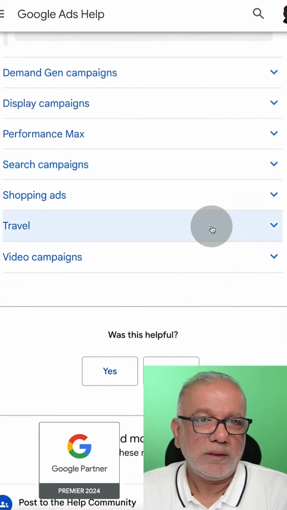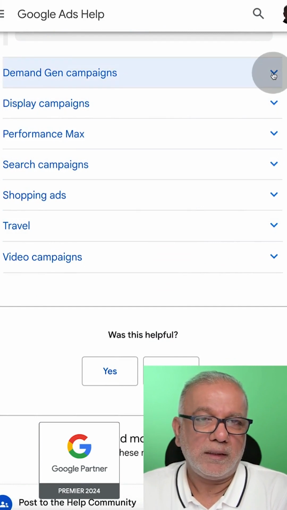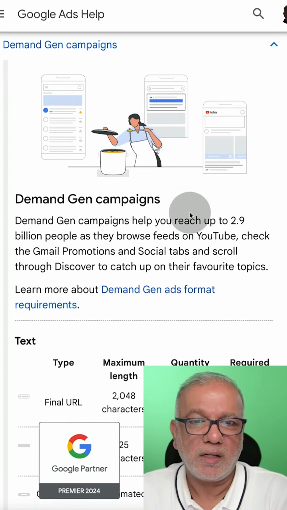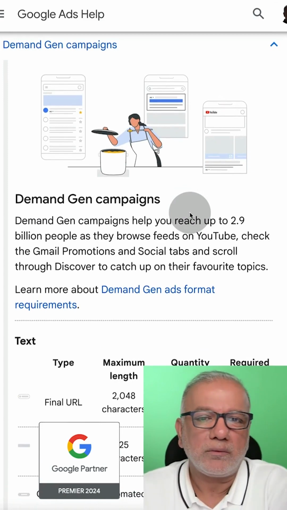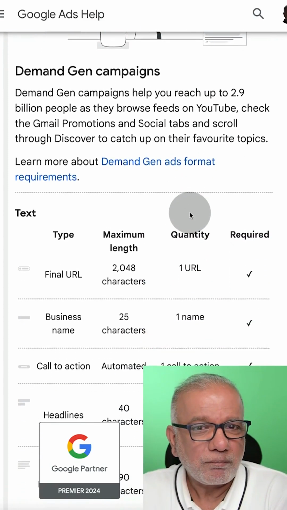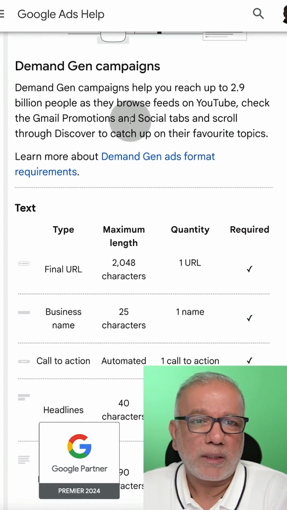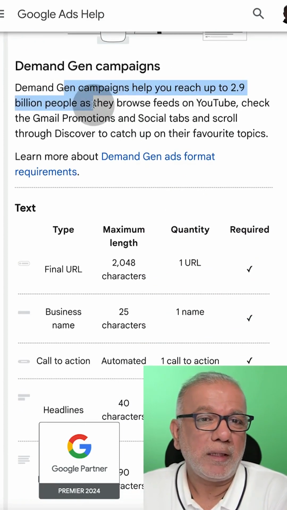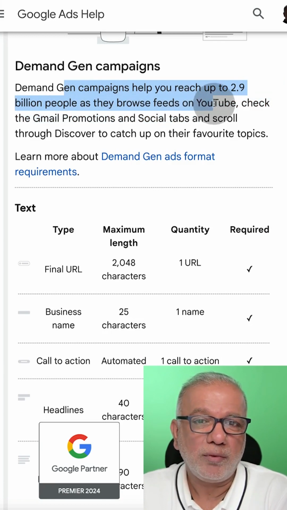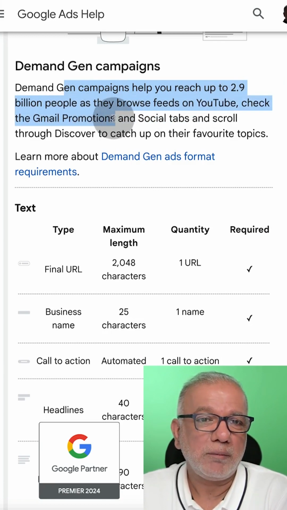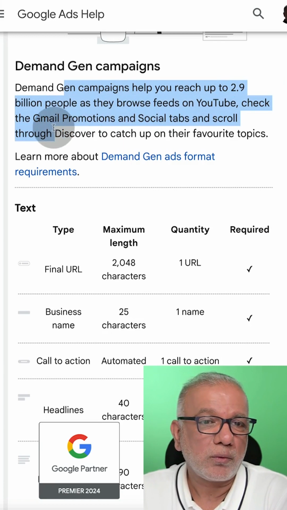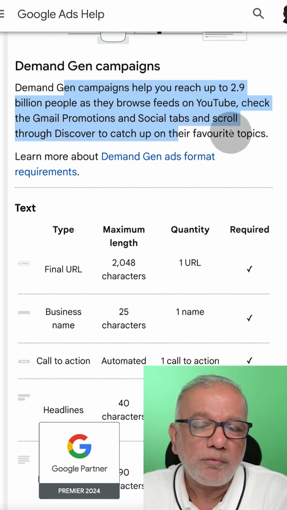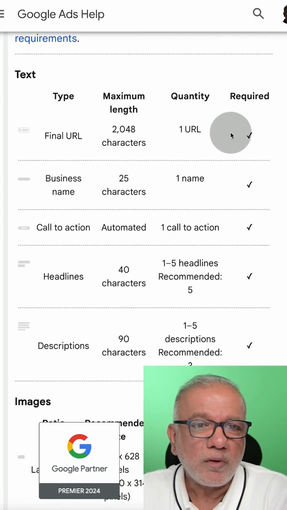So the next one is demand gen. This is the latest campaign type, and see what Google has to say about this. So very quickly, demand gen campaigns help you reach up to 2.9 billion people as they browse feeds on YouTube, check the Gmail promotions and social tabs, and scroll through Discover to catch up on their favorite topics. So text,